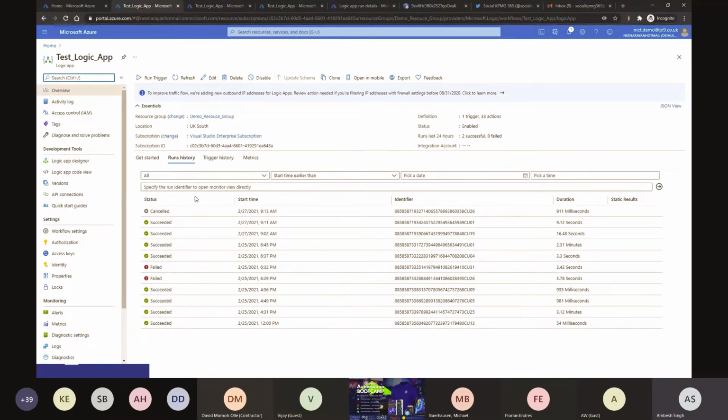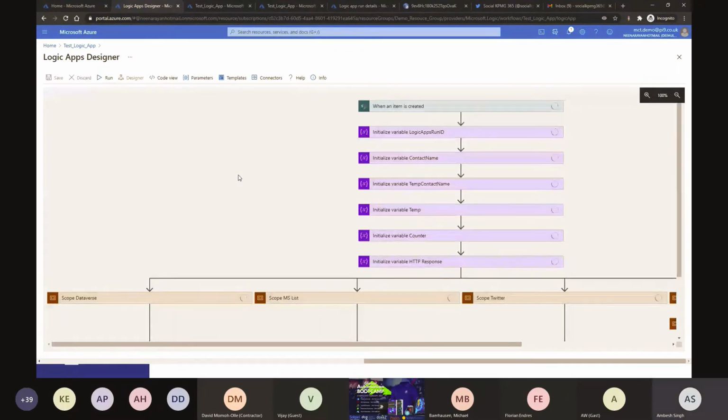Okay, so I have already built a Logic app. Let me just quickly open that. Whatever blocks you are seeing here, these are all actions. And for every action, you need to pay 0.000022 cents or euros. And for the standard connectors, it's